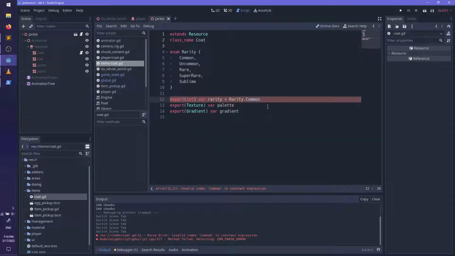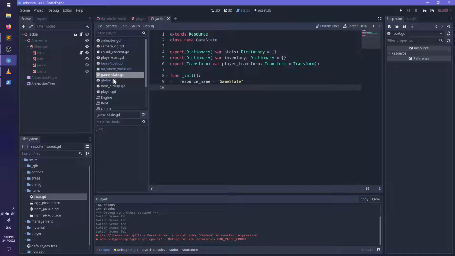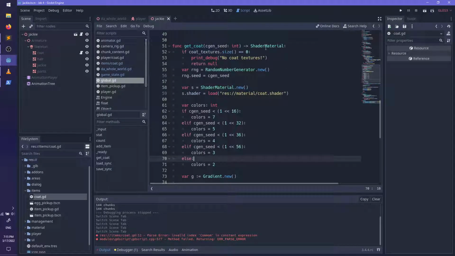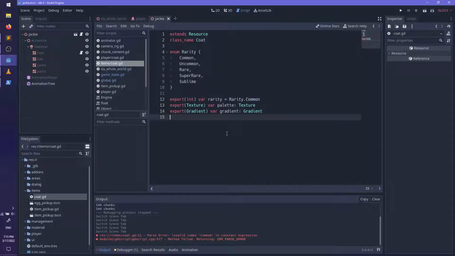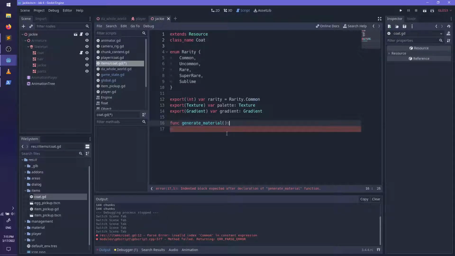Okay. And so instead of generating a material from the coat, we get a coat. And then the coat itself will have the code to get a material. Generate material. Material. We'll also have...